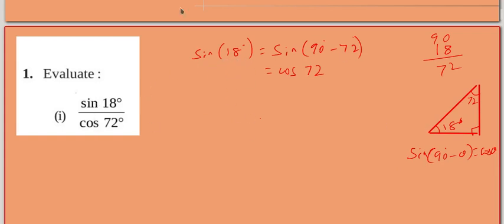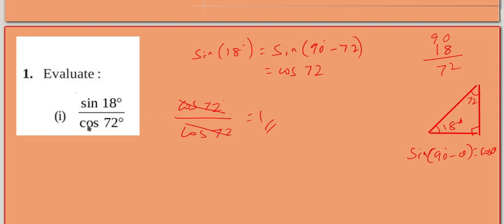Why are we changing this angle, sin 18 as cos 72? In place of sin 18, if we write cos 72, what will happen? The numerator, in place of sin 18, is now cos 72. So sin 18 equals cos 72, isn't it? This cos 72 degree, if I write as it is, both are the same, no? We can cancel, and that is equal to 1. So the value is 1 only.